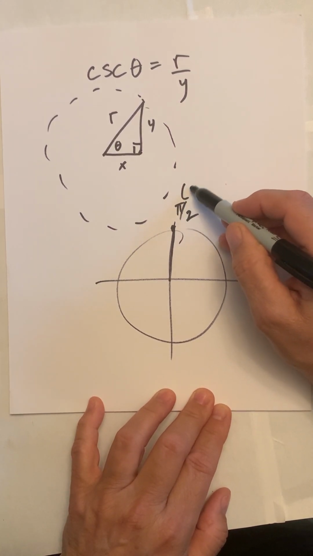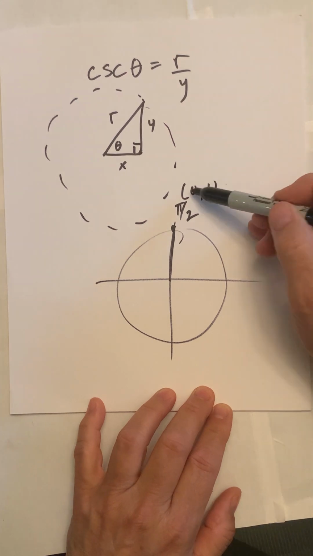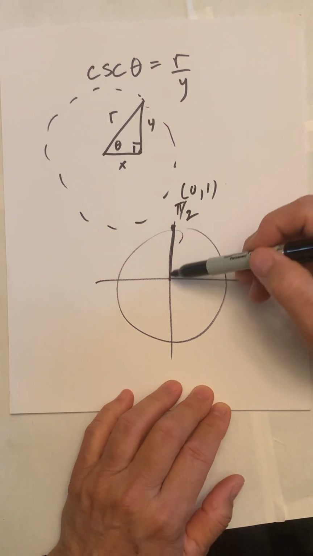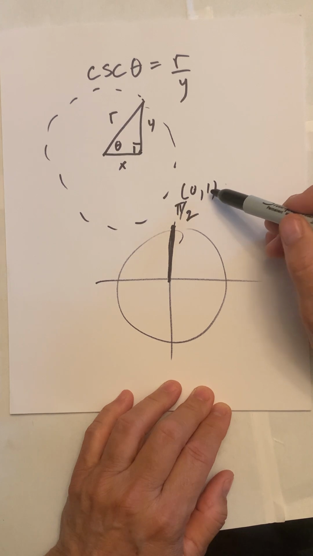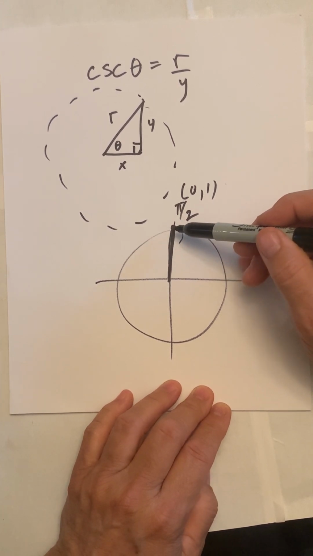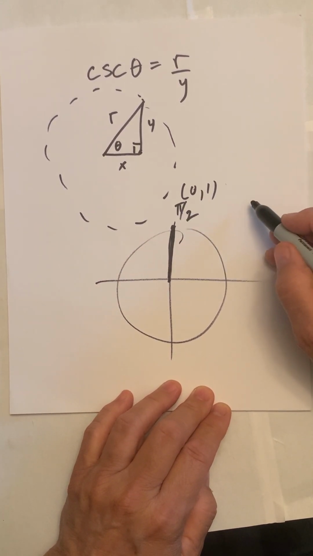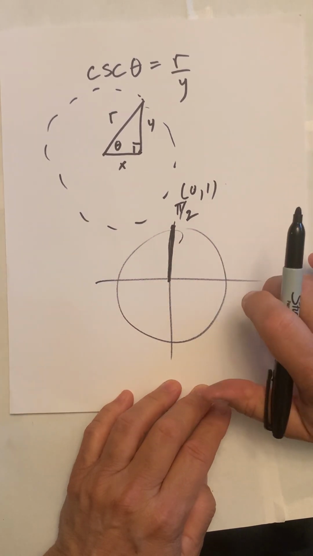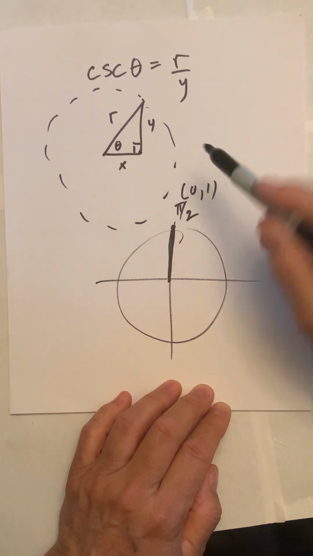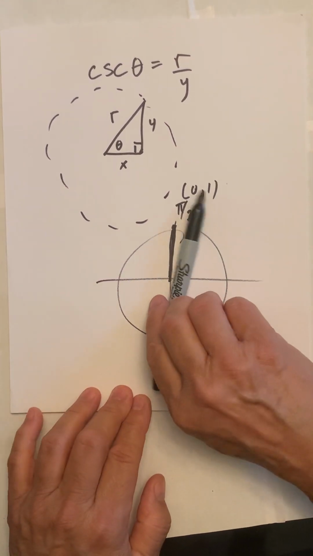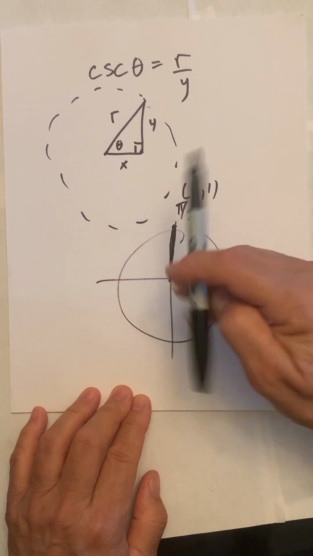The coordinates are 0, 1. At that location, the r and the y are the same length. So at that one location, you have 1 over 1. So their cosecant bottoms out at 1, because for every other rotation, as you start rotating away here,